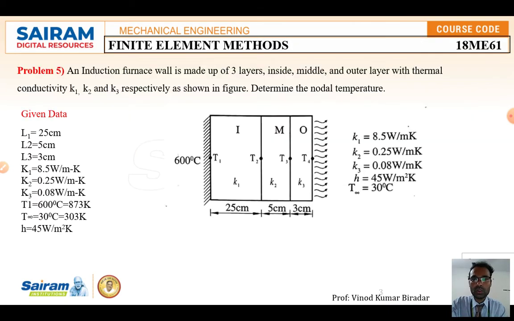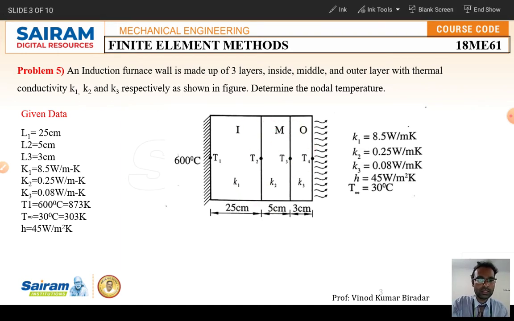A composite wall is nothing but a wall made up of a number of different materials bonded together. In the previous lecture video I solved the element consisting of only two walls, but here there are three walls: inner, middle, and outer. So how we are going to solve this problem, that we need to study here.